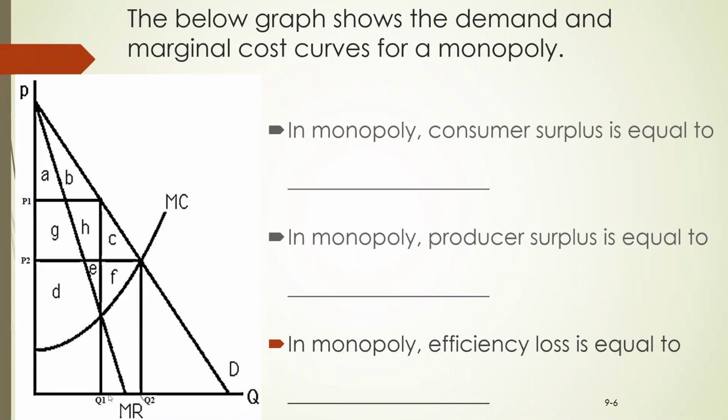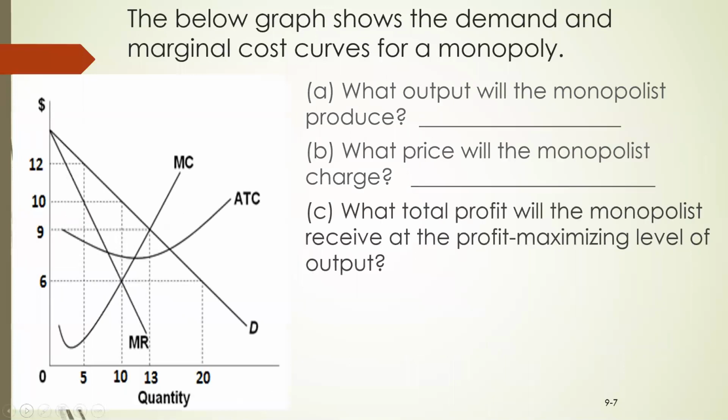Now, let's look at another example. In this example, I'm giving the graph and asking you to figure it out in terms of numbers. First we want to look at the output produced by the monopolist. Again, the rule is the same. The monopolist will produce where marginal revenue is greater than or equal to marginal cost. When you have a graph, you can find the equal point. This is the point. At this point, the quantity produced is 10 units, whereas for the price, you don't take the $6. You have to get the price from the demand curve. That means take it all the way here and the price is going to be $10.